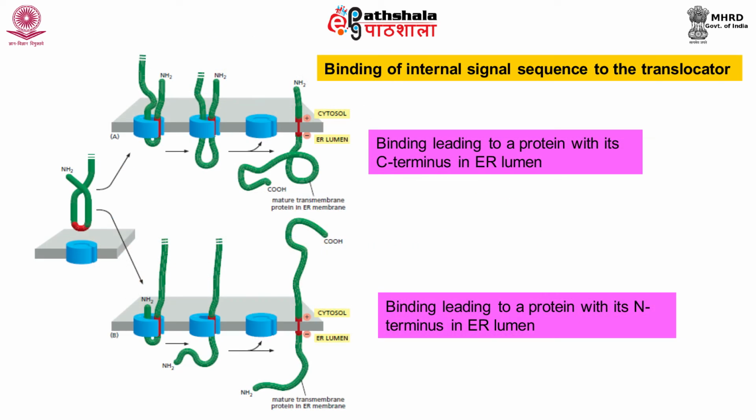There are many different ways of protein insertion into the ER membrane. Some proteins have internal signal sequence. Such proteins are not cleaved by signal peptidases, but they are recognized by SRP and are anchored to the ER membrane. These signal sequences work as transmembrane alpha helices, so they exit the translocon and anchor proteins to the membrane.